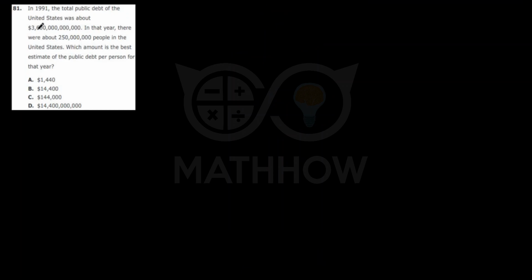Question number 81. In 1991, the total public debt of United States was about this number. In that year, there were about this number of people in the United States. Which amount is the best estimate of the public debt per person for that year? So we need to find the public debt per person, meaning the public debt that is